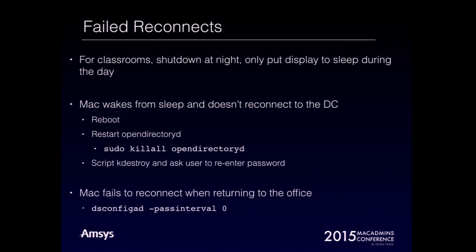If the machines are failing to reconnect to Active Directory, again, it depends on the environment. For school setups, we tend to set the machines to not go to sleep, but just put the display to sleep. So the computer stays running, and then out of hours, we just set it to shut down, and then start up at 6 or 7 o'clock in the morning so they're ready for the next day. We found that with machines actually going to sleep, they'd all get woken up again, and not all of them would reconnect to Active Directory, and then someone can't log on,